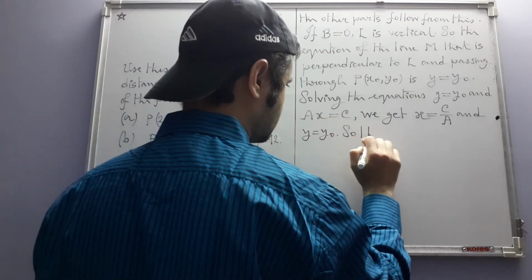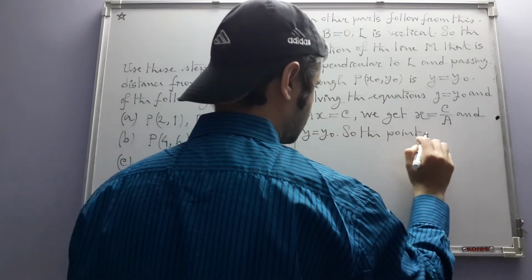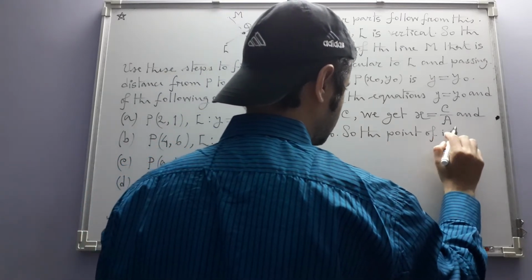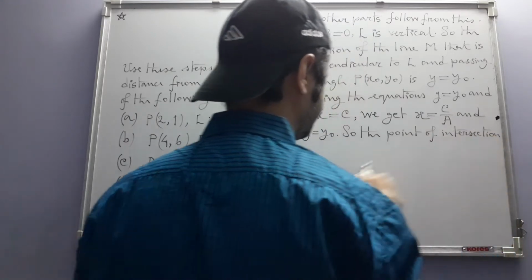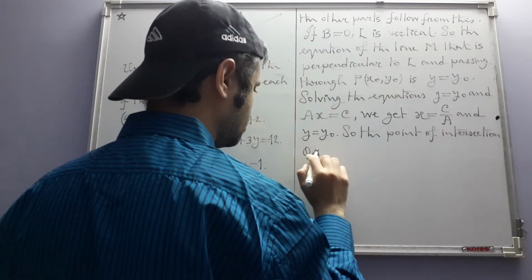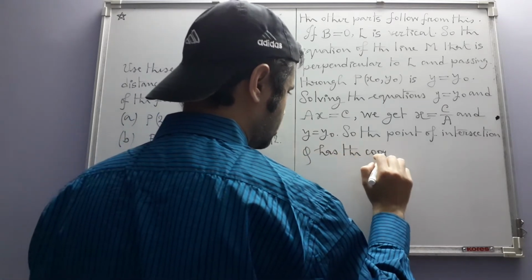So the point of intersection Q has the coordinates